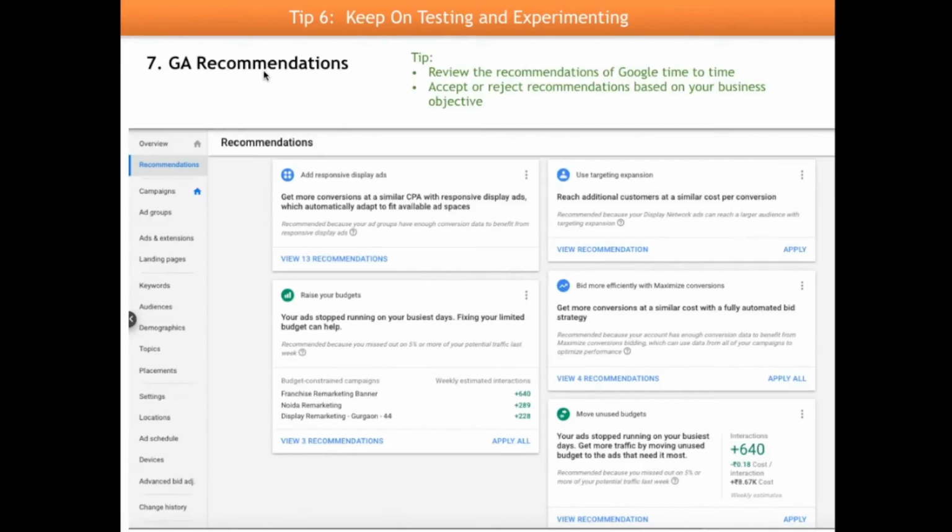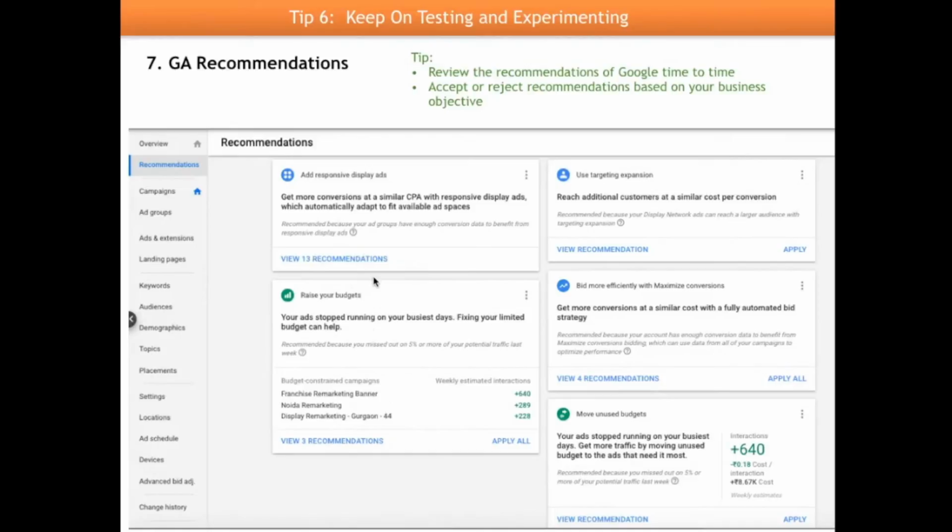For example, supposedly you're selling luxury cars. They'll say people look for budgeted car options. If you are selling luxury cars, you don't need to add budgeted. But this GA recommendation might ask you to do it. So you should avoid that. You need to use your brains. You need to view the recommendations by clicking on this tab, and then see whether they make sense.